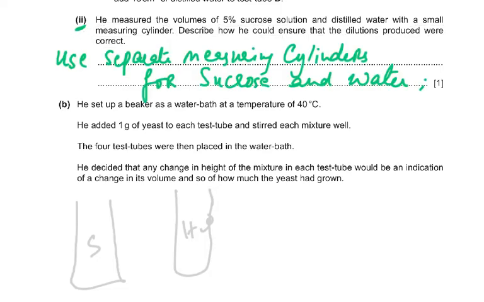So I haven't given you all the points which were clean between sucrose and distilled water, use separate measuring cylinders, use clean measuring cylinders for each test tube, and avoid the parallax and read the bottom of the meniscus. Now coming to the B part,